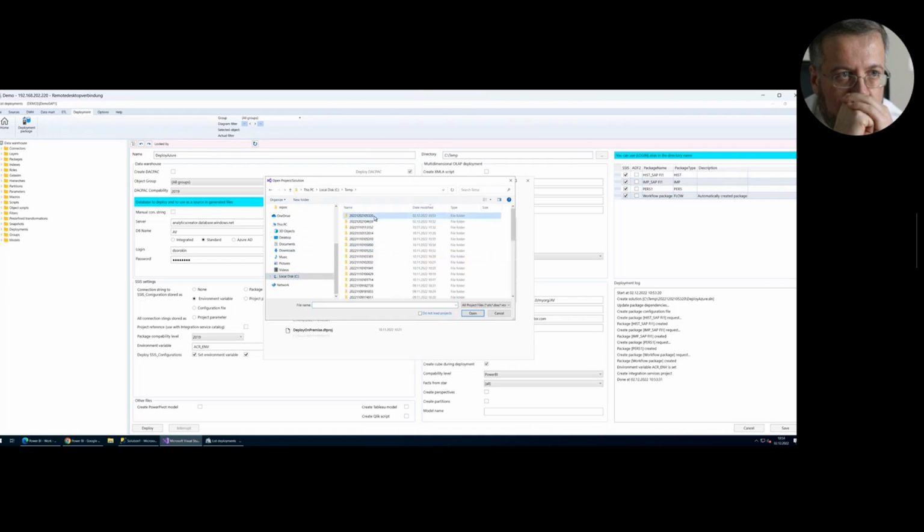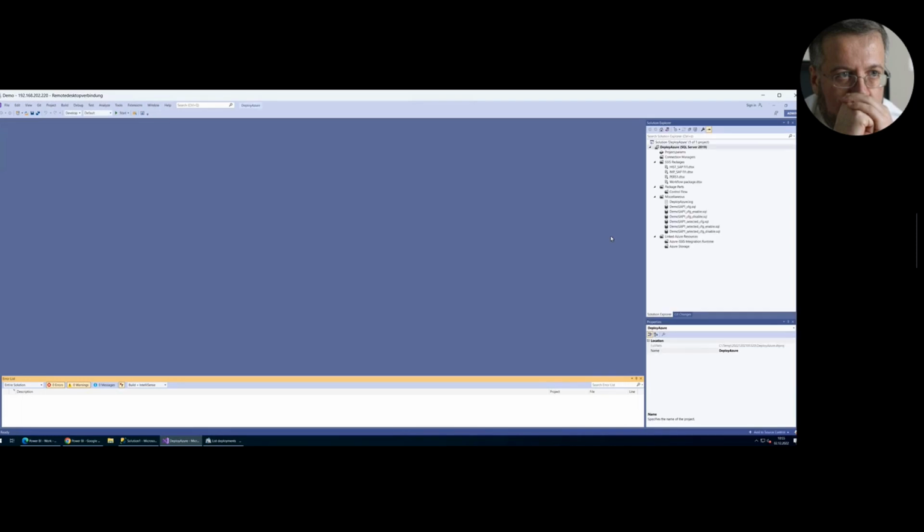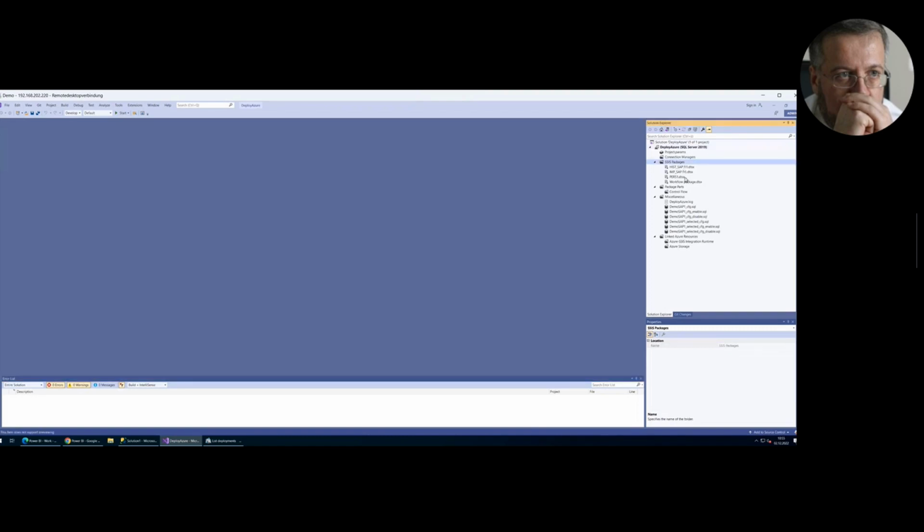Every time we generate a new Visual Studio deployment, a new subdirectory will be generated. This is the Visual Studio solution, the SQL Server Data Tools solution. And here you can see the integration service packages. For example, if you take a look at the import package,